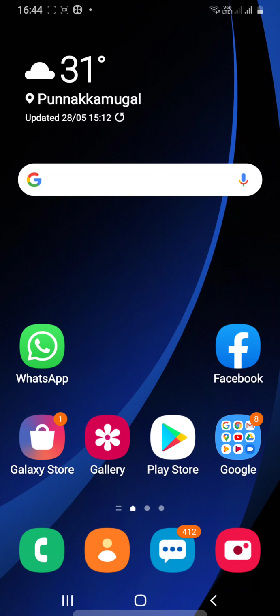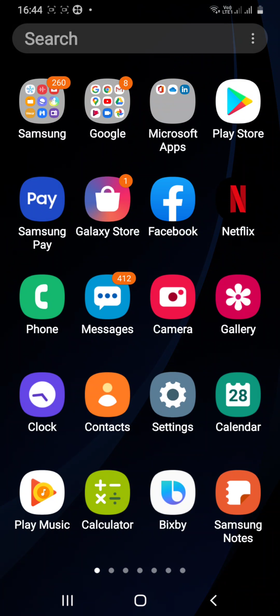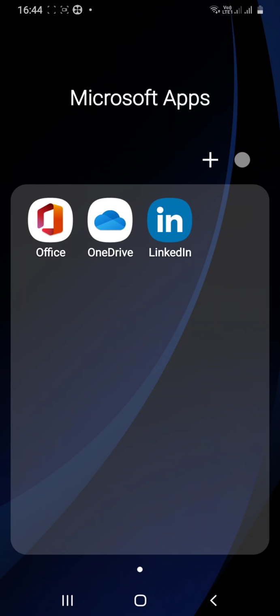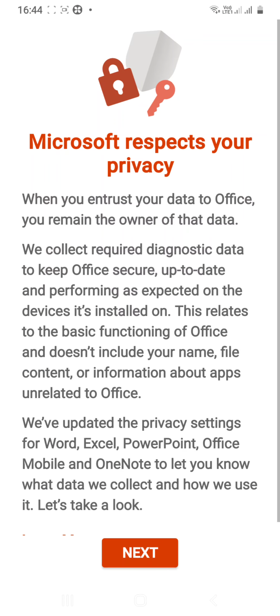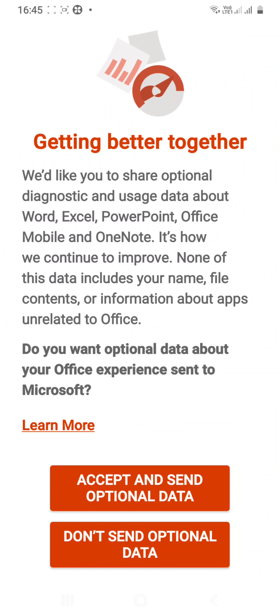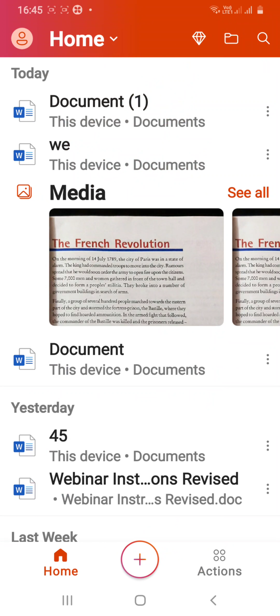Minimize the screen. Now we will paste the matter into a Word document. Here I am opening this Office Word document. My phone has Microsoft Office similar to that on a computer. If you don't have this Word app in your phone, there is another option to download it that we will discuss later. Now I am proceeding with this Word document.